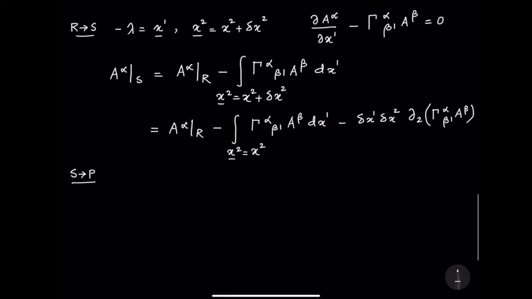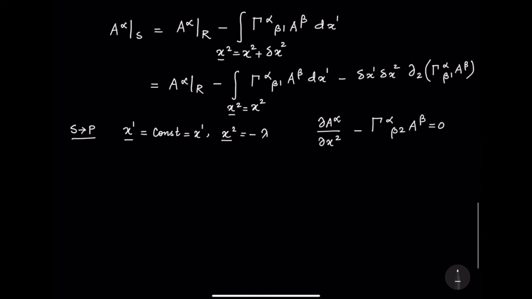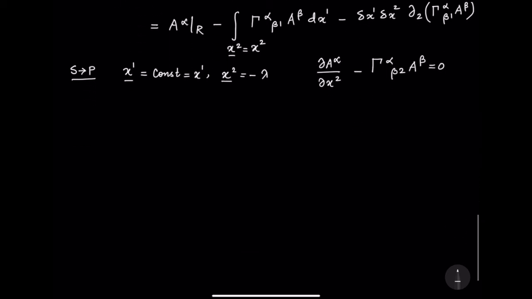So x1 is constant now. The value is x1 itself, and x2 is minus lambda. So del A alpha del x2 minus gamma alpha beta 2 A beta is 0. Once you do the integral, you get